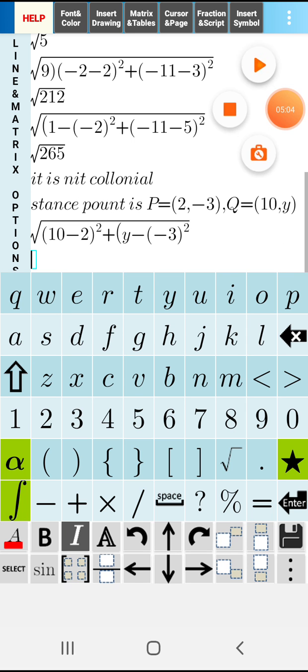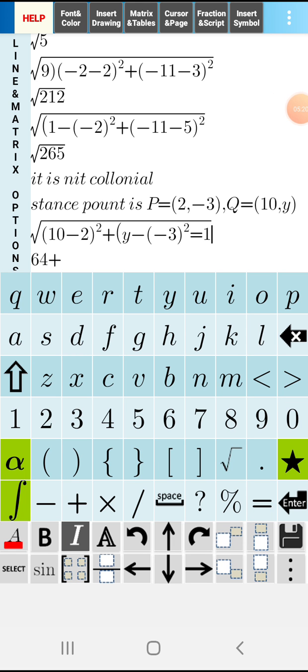Next, when we solve this, we get 64 plus (y plus 3) whole square, equals 10,